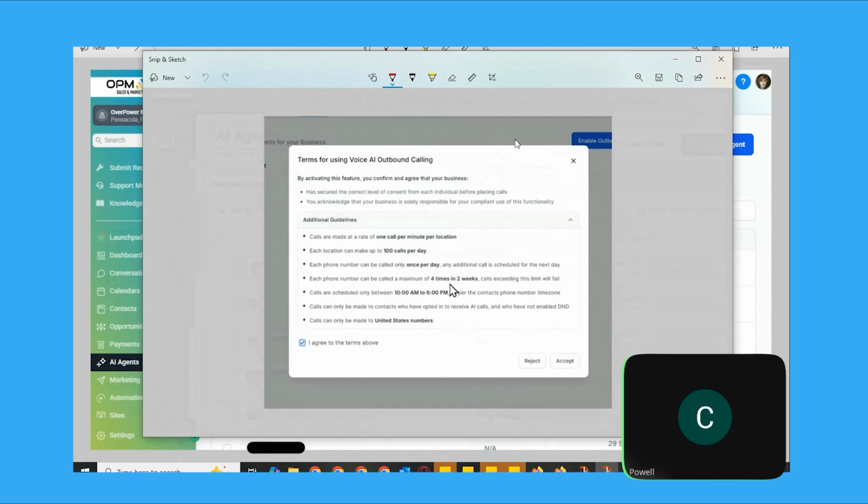Calls are scheduled only between 10 a.m. to 6 p.m. per the contact's phone number time zone. Calls can only be made to contacts who have opted in to receive AI calls and who have not enabled DND. Calls can only be made to United States numbers. And those are the guidelines that you need to be taking whenever you're about to start your Voice AI outbound